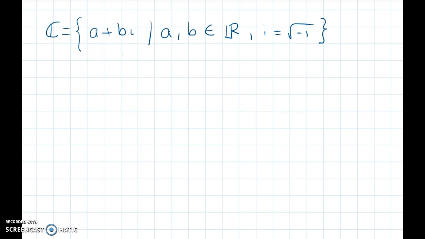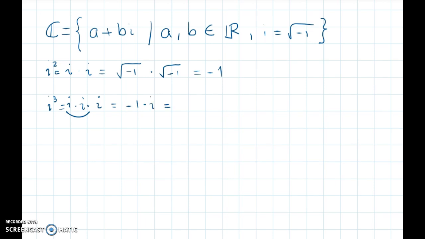First of all, we are going to look at what happens when we multiply i by itself. So we are doing i times i, which means the square root of -1 times the square root of -1, and we define this to be exactly -1. Now let's say I want to multiply i by i by i. We first did i squared and got -1, so now we are doing i cubed. We get -1 from the first two factors, and then we multiply this by i, so we get -i. If we multiply i by itself 4 times, the first 3 powers give -i, and then we multiply this by i, so we get -i squared, which is -(-1),